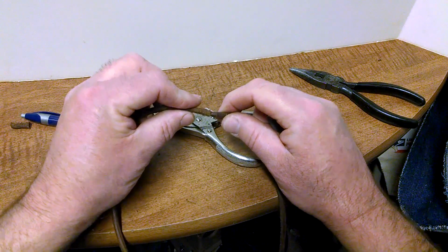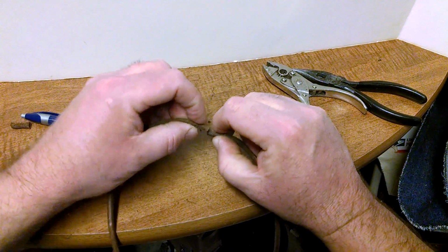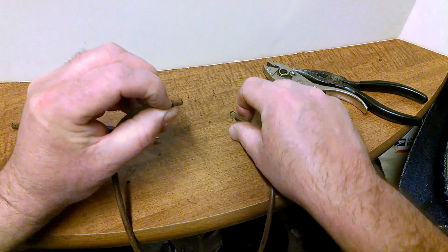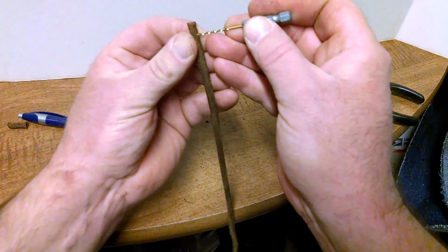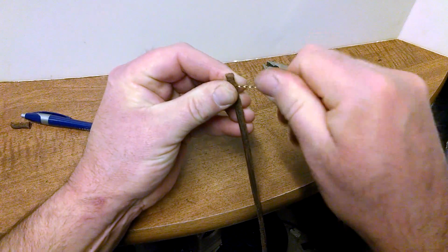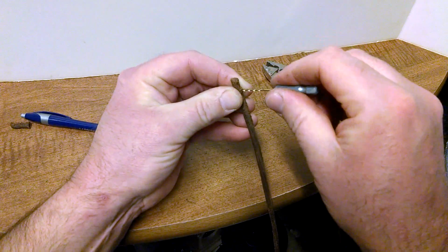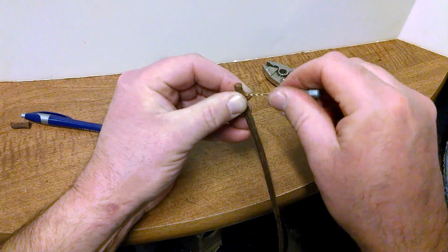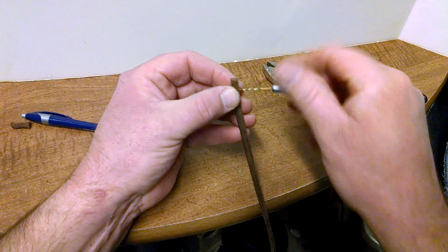You want to see where the two pieces butt together, and then at the point where your hole's going to be. So we're going to say here. And basically you just hold your drill bit on there at that point, twisting it back and forth, pressing in. Don't do this with a bit in the drill, because it's going to drill right through the leather and right into your finger. You can see once the bit's in it, it holds, and just keep twisting,